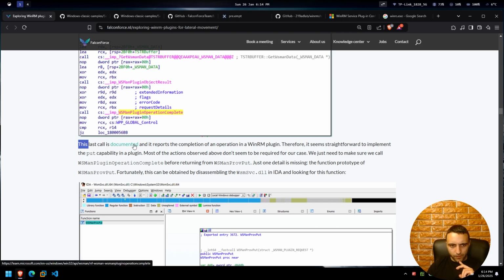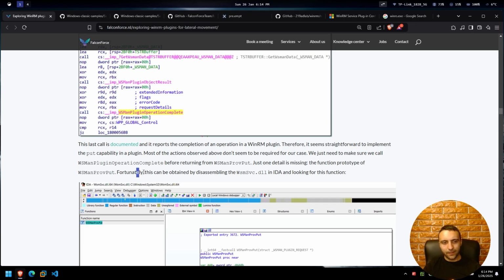This last call is documented, and it reports the completion of an operation in the WinRM plugin. Therefore, it seems straightforward to implement the put capability in a plugin. Most of the actions observed above don't seem to be required for our case. We just need to make sure we call WSMAN plugin operation complete before returning from WSMAN plugin put. Just one detail is missing: the function prototype of WSMAN plugin put. Unfortunately, this one can only be obtained